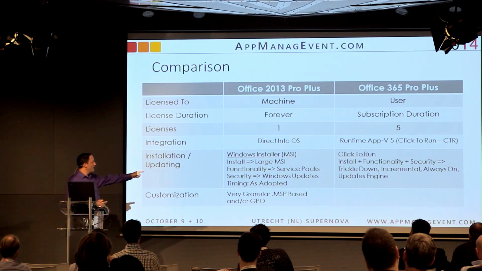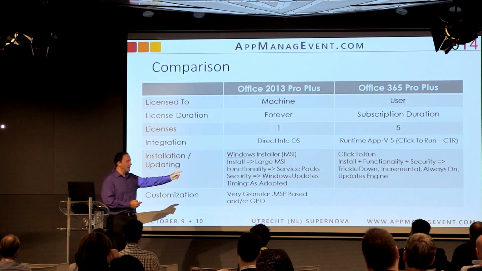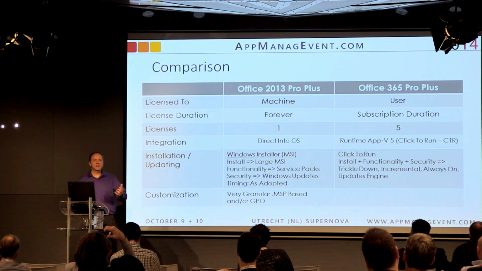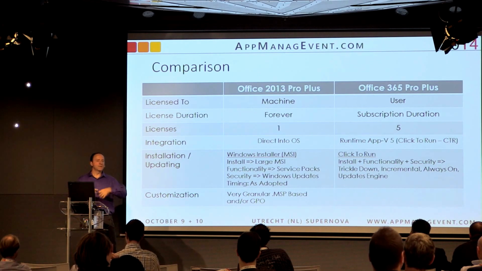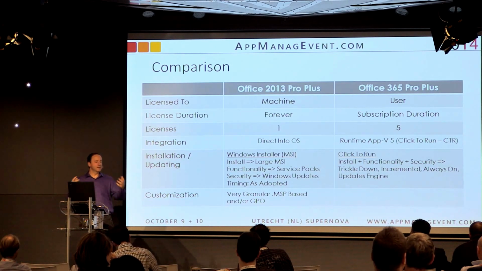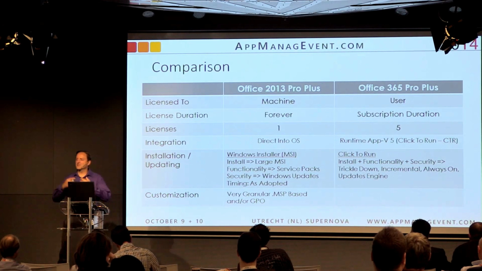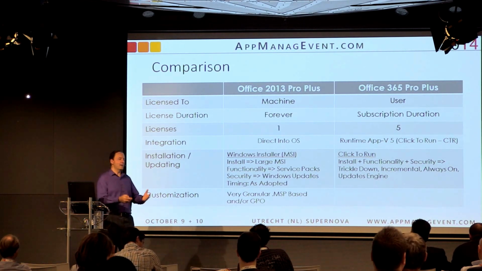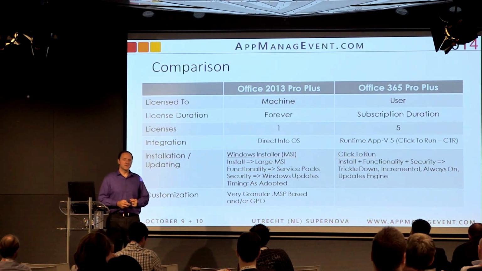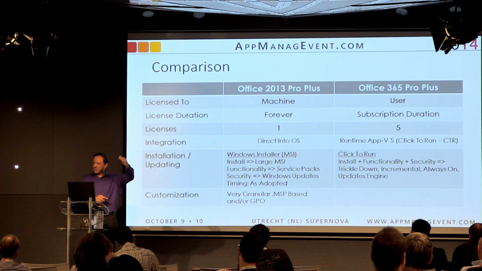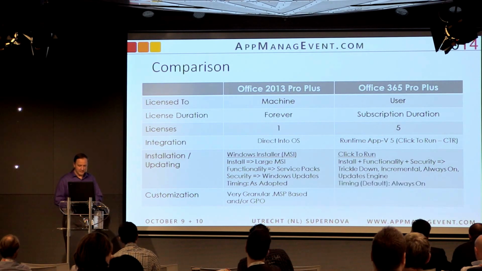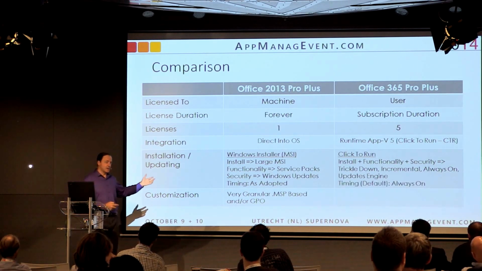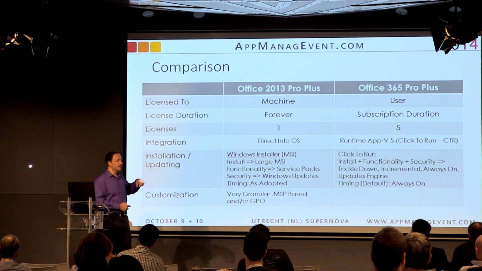So it's a trickle-down, incremental, always-on updates engine, kind of like software updates, but the whole entire software package is in that method. Also, any major updates, if they decided on Office 2014, I don't know what they're going to do with the version numbers now because it's just continuous integration. If there are new features and functions, you get that by staying subscribed to the subscription model. So there's no more any great big project purchases to get Office updated. The timing is always on, so it's every month if you leave it at its default and push everything every month.